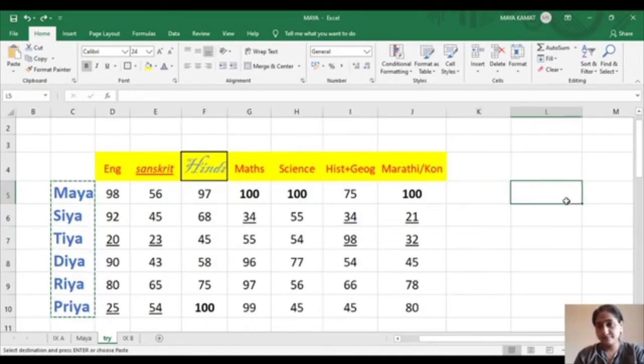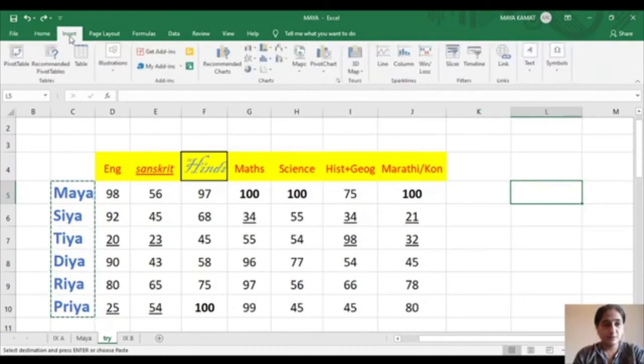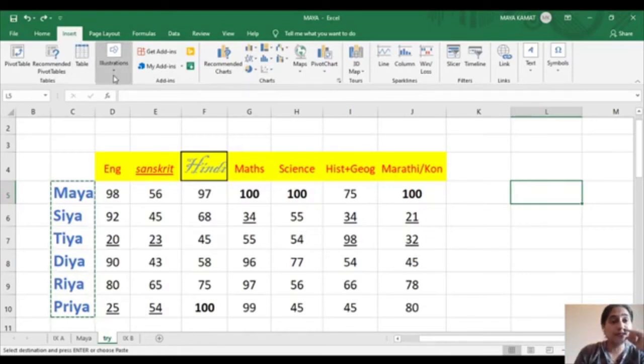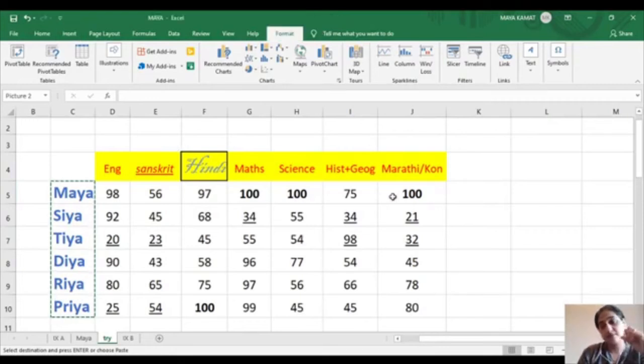Next, apart from this, I had also shown you that going ahead with the insert menu, there is something called illustrations. Under insert you have illustrations. The first illustration is the picture, wherein you could just click on the picture and select a picture from this device. It will show you which pictures exist. Choose any one image, and it will come in the active cell.